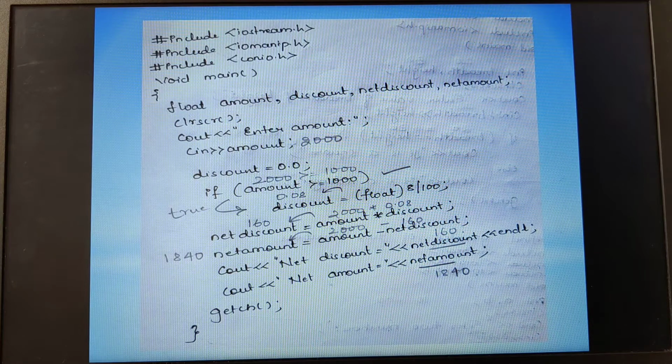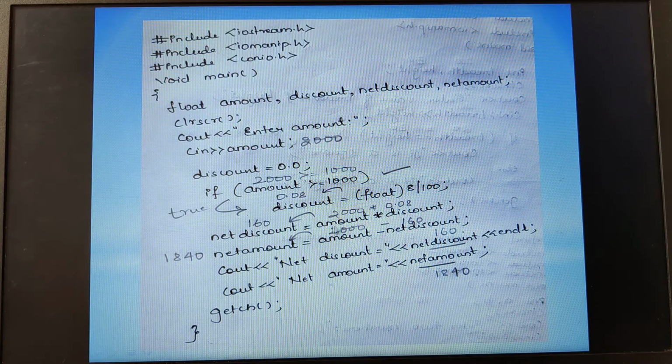For the 2000 amount, 8% discount, how much should we calculate, correct or no? For 2000 amount, how much will the 8% calculated discount be, that discount amount I should calculate. Then the discounted amount I have to minus from the amount.